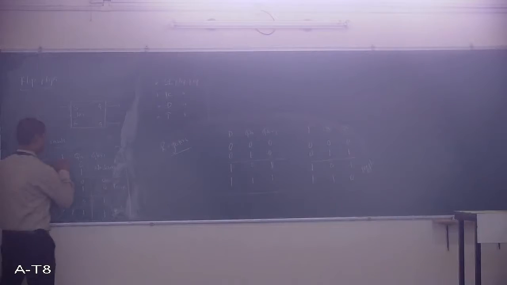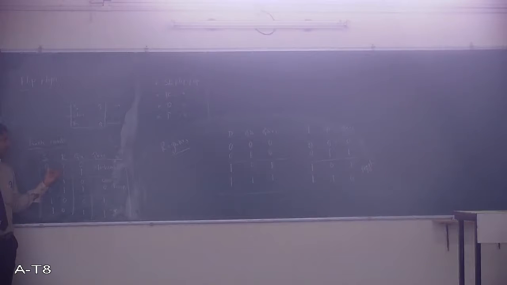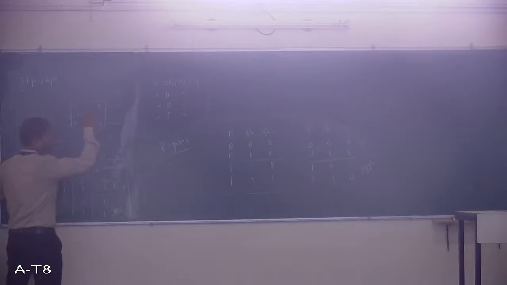The first state I will define. Here I will apply both S and R inputs as 0 and 0. Presently the circuit output Qn is 0. I am talking with respect to Q. Q bar is always the complement of Q, so I will refer only to Q. Q bar is exactly opposite. So if Qn is 0, presently Q is 0.